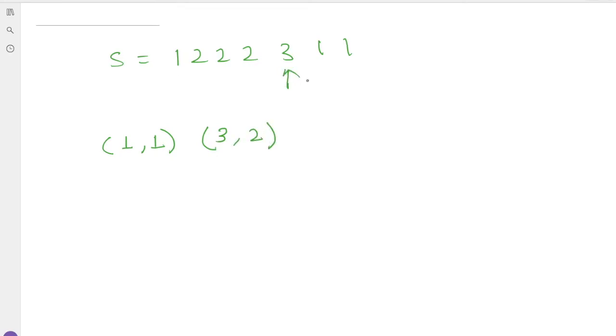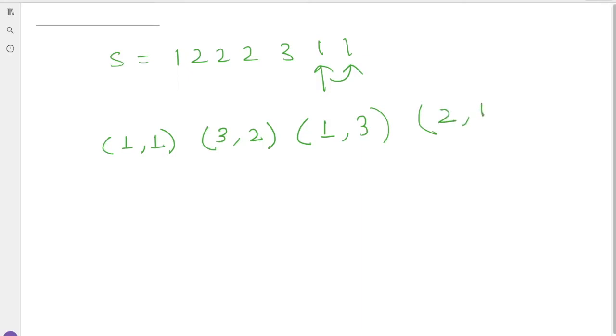The consecutive character is not equal, so it is a single one: the count is 1 and the value is 3. Now let us move forward. We are here and the consecutive character is also equal and it is the end of the string. So my count for this character is 2, and the character is 1.